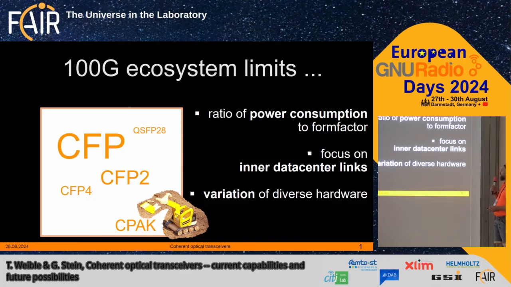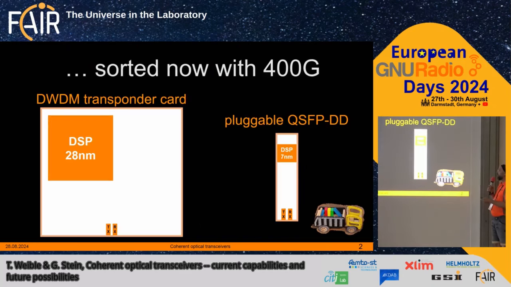Now, for longer links, DWDM, dense wavelength division multiplexing, is still used. To enable this, a DSP is used, doing all the modulation when it comes to coherent technology, but with the effect that it was a big chip placed on a line card. Comparing now